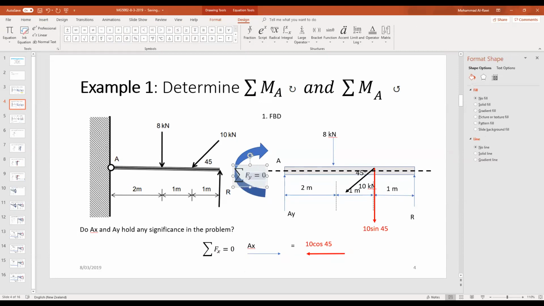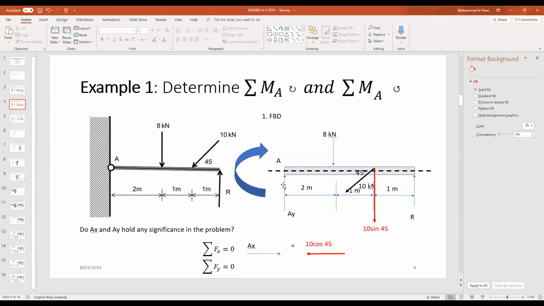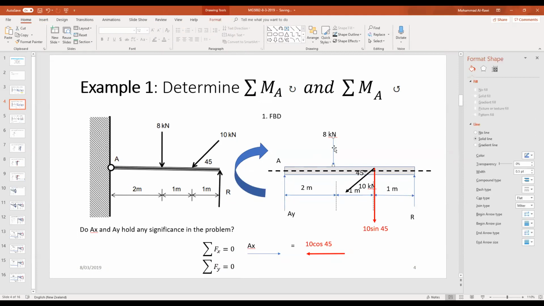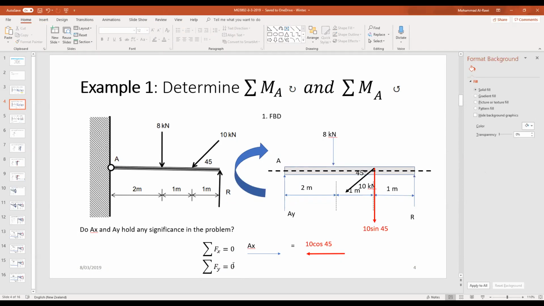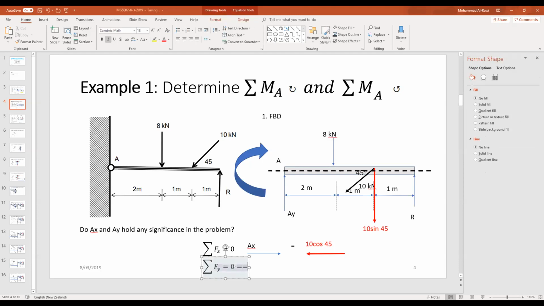equals 0. Now, to write that, let's look at how many forces I have in the Y direction. I have AY, and I have 8 kilonewtons going downwards, and 10 sine 45 going downwards, and R going upwards. That's an interesting thing. So you have 2 forces going up, 2 forces going down. So if I want to write this equation, I would say AY minus 8 kilonewtons minus 10 sine 45 degrees, plus R